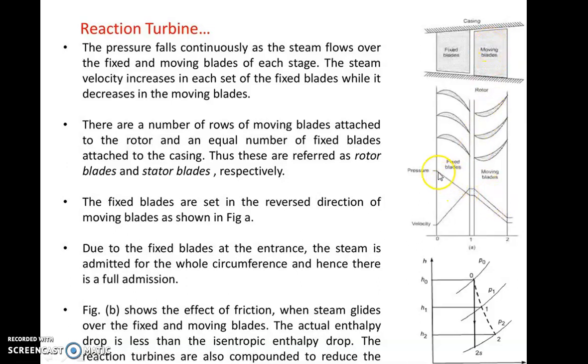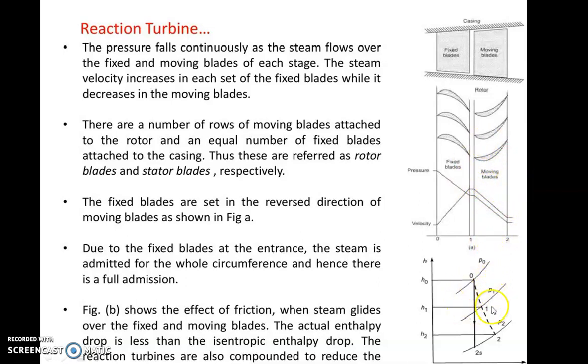If you remember, for impulse turbine there was a nozzle here, and then there was a moving blade. Across the nozzle the total pressure was decreasing, and the pressure was remaining constant across the moving blade. But in case of reaction turbine, it is not the case. In reaction turbine, the pressure decreases across the nozzle as well as across the moving blades. So partial pressure decrement is in the nozzle and partial pressure decrement is in the moving blades. The nozzles here are called fixed blades. It is shown that velocity increases in nozzles, and velocity as well as pressure decrease, or are converted into mechanical energy, in moving blades.